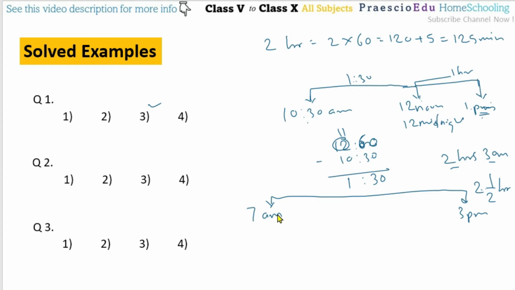So this type of problem we have already seen in a lecture video. Okay, so we will make the overview here again. So 12 noon here, and before this 7 a.m. In between these two, the time is 12 minus 7, which is 5 hours. Okay, and from the 12 noon to the 3 p.m. it's 3 hours. Okay, so 3 plus 5, it's 8 hours.